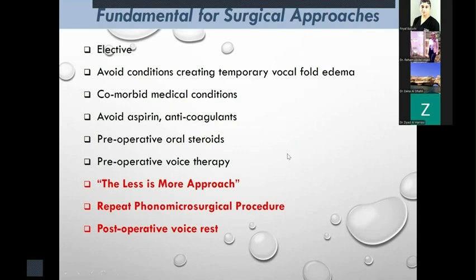So some of the mid-membranous lesions of the vocal folds may respond to non-surgical treatment. However, if you have a patient with severe dysphonia with significant functional limitation, then of course phonomicrosurgery is indicated. But before rushing into surgery, I'd like to point out certain facts about the surgical approach for phonomicrosurgery. Phonomicrosurgery is almost elective, unless, of course, you have a patient with a large exophytic lesion occluding the